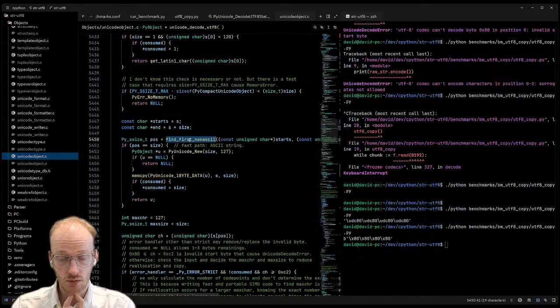Oh no, yeah, we don't. So yeah, this should be okay, isn't it? Because this is super optimized for ASCII text, which is probably still a common case.